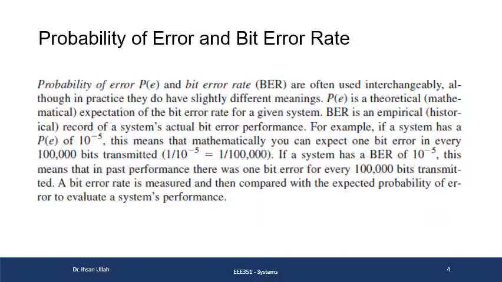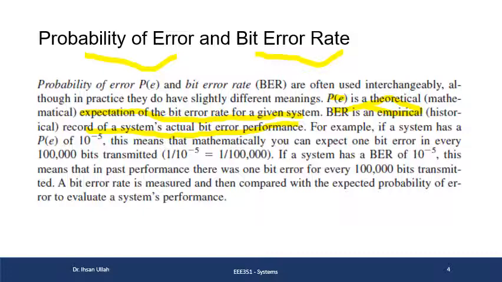What is probability of error and bit error rate? Almost both of these terms are the same, except that the probability of error is a more theoretical kind of concept, whereas bit error rate is a practical kind of thing. So probability of error, as I told you, is a theoretical term, and it's the mathematical expectation of bit error rate for a given system, whereas bit error rate is an empirical record of a system's actual bit error rate. So actually, bit error rate is measured in an experiment, whereas the probability of error is actually